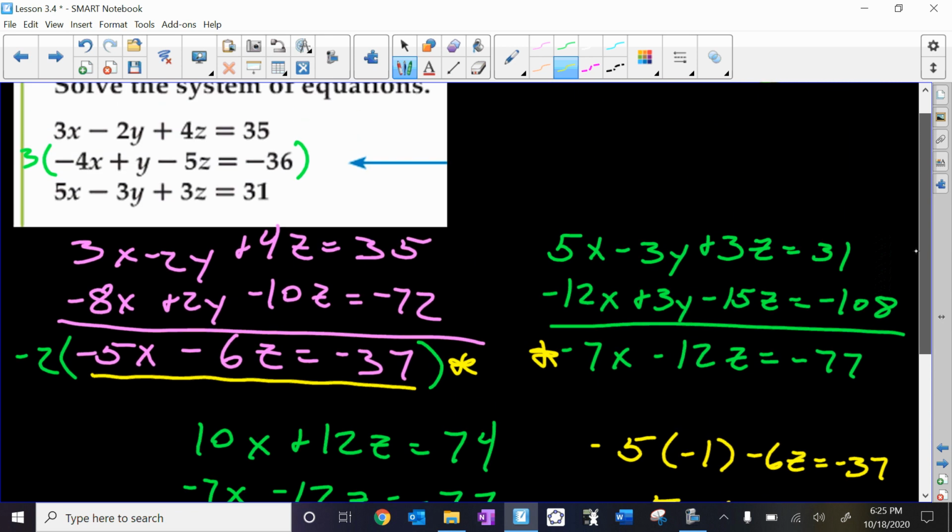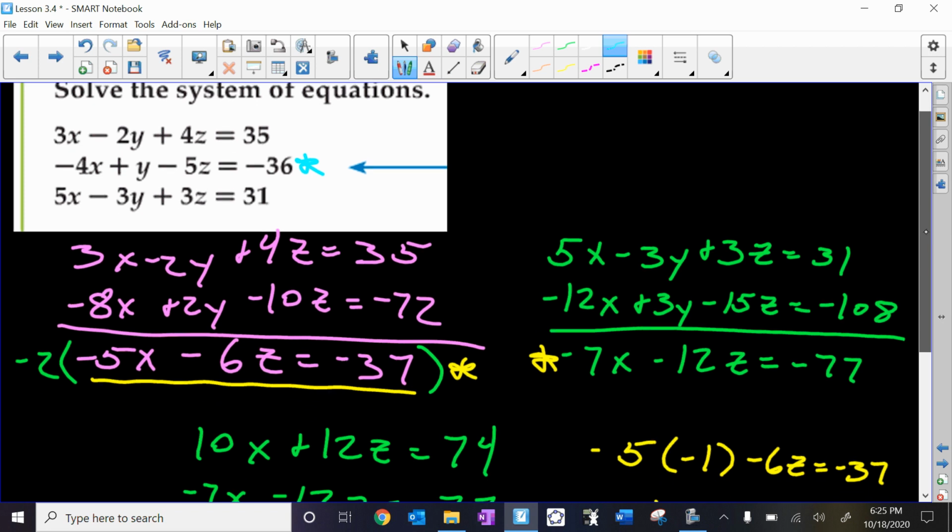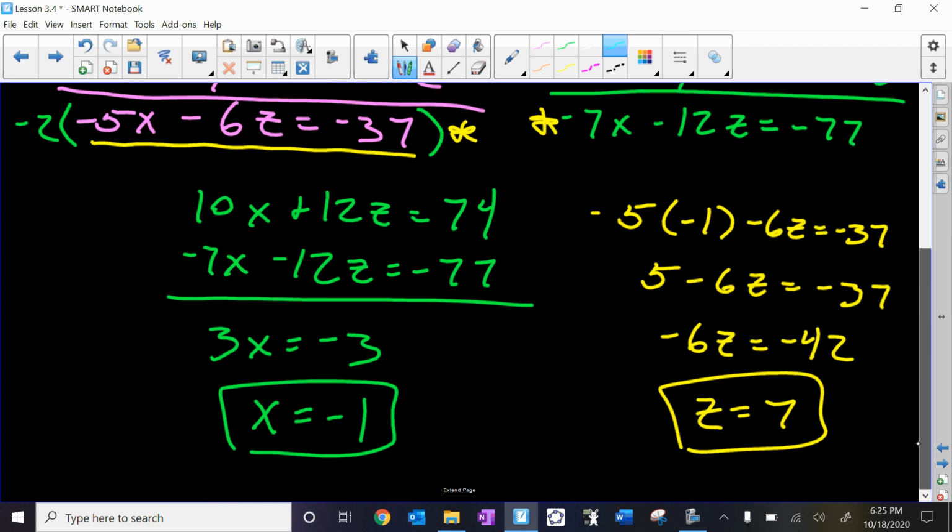Now we have one more variable to find, and that's going to be y. And I'm going to say let's use the middle one, although you can use any one that you want. So we have the middle one. So negative 4 times now negative 1